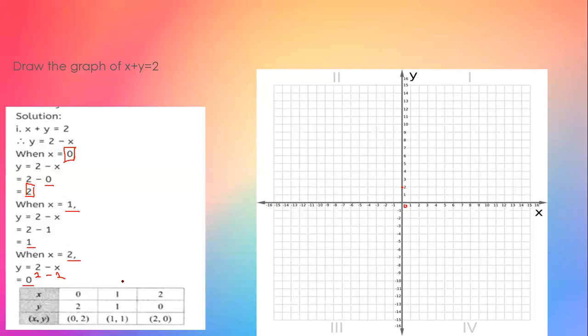The next coordinates are 1, comma 1. So on the x-axis, where is 1? Over here. And on the y-axis, I can see 1 here. So I'm just putting the point over here. The next is 2, comma 0. So again, one of the coordinates is 0. It means the point is on the axis. Now on which axis? Y coordinate is 0 means the point is on the x-axis. So on the x-axis, where you can see 2, I can see over here. Right? So put a point and then we need to join these points by a line.